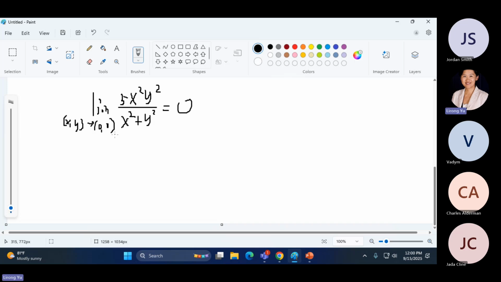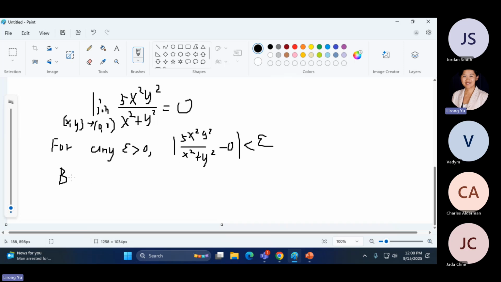So the mathematical proof: for any epsilon bigger than 0, we can make 5x squared y squared over x squared plus y squared closer to 0, less than epsilon. We can make this happen by choosing